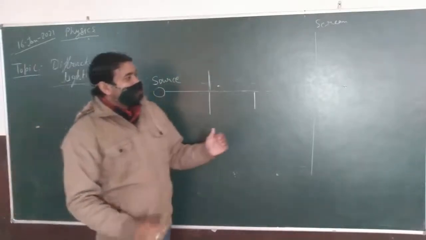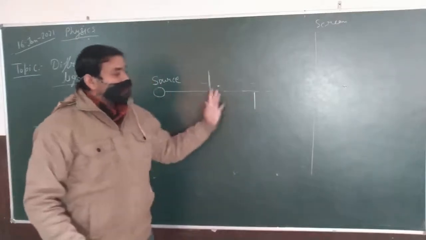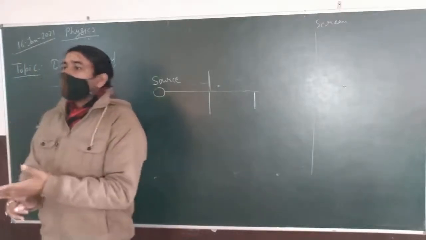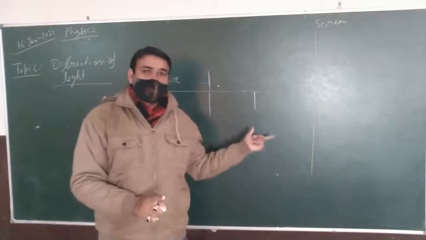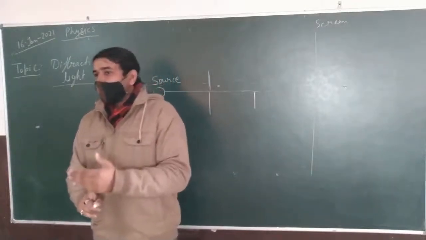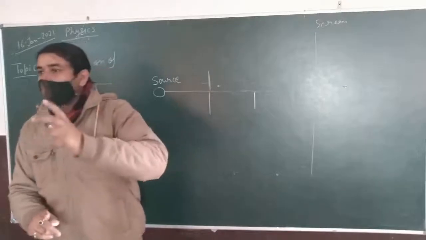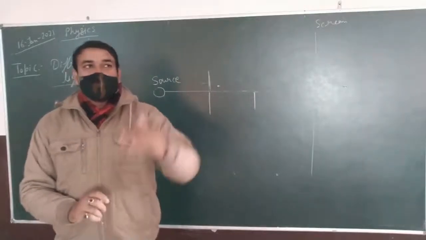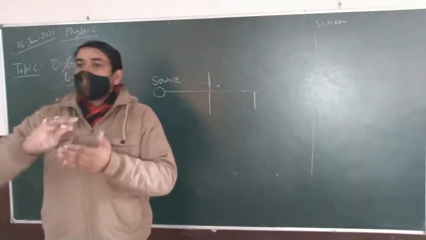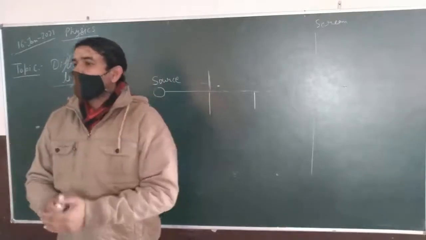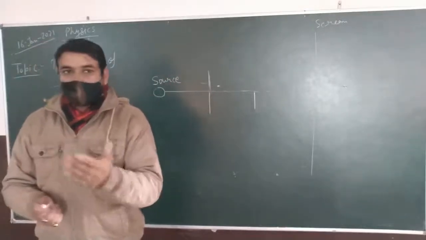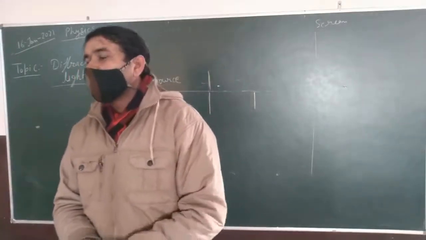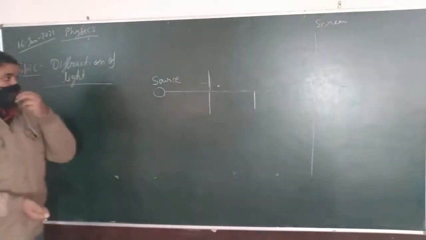Second thing, suppose a sound wave is traveling. Diffraction or interference is observed in sound waves as well as light waves. In the sound case, the sound wave travels from your side, and if there is any obstruction, another person after the obstruction is still able to hear what you want to say to them, because of this diffraction. Now we will understand what it is.